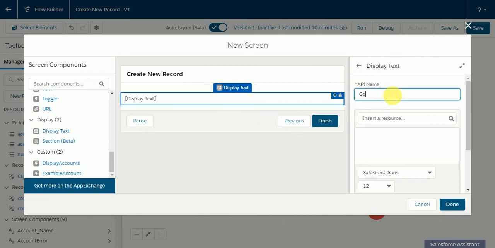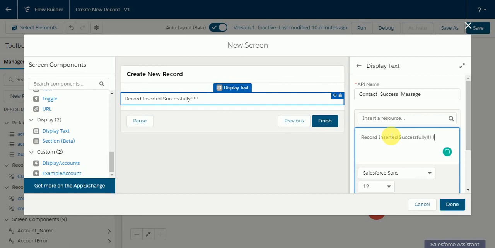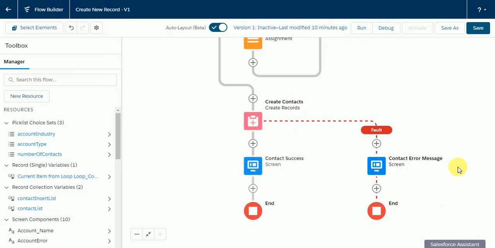I'll name this as contact success message. So here I'm gonna show a message like record inserted successfully. Yes, that's it. So now just click on save here.